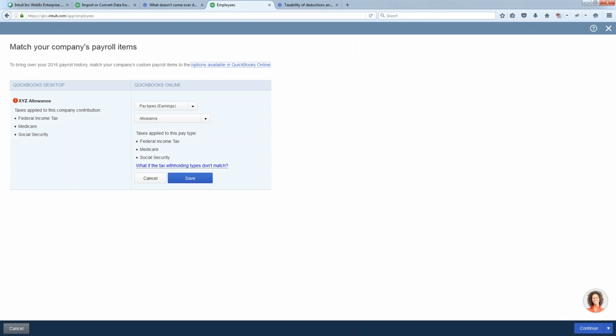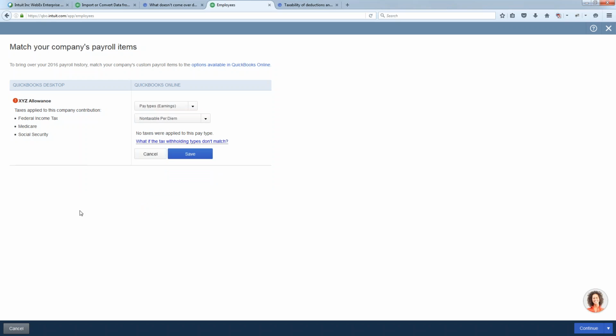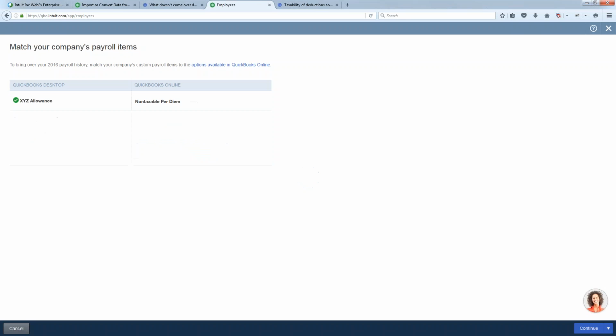Okay, so this is in the positive case, but if they really mess things up and it's actually supposed to be something completely different, that's okay too. Let's do that. So they took out additional taxes that they weren't supposed to, and that's all right. We'll still accept whatever they did in desktop, as that's what they did in desktop. We'll correct it going forward. So I'm going to save that